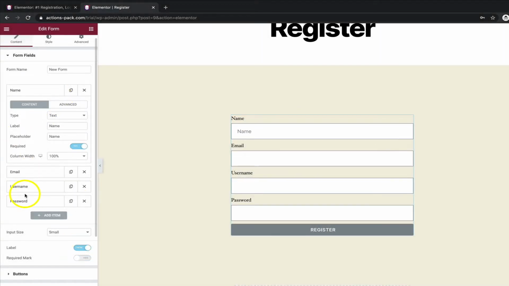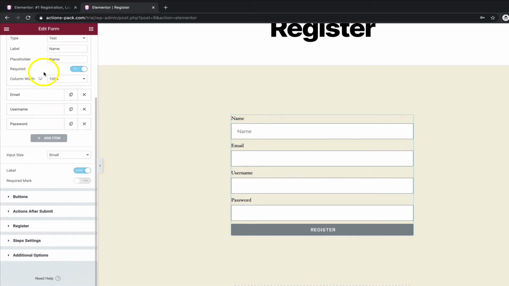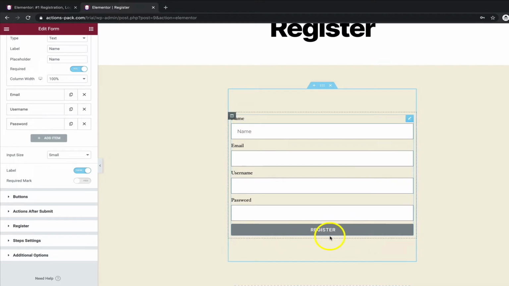So that's just a quick overview, really, of the form field settings. The magic with the Actions Pack plugin really starts to happen once we determine what actions we want to happen after they hit the submit or the register or the login button. Whatever this button is, the actions you want to perform next can be set here, which is really great, because this can be our login page, it can be our register page or sign up, or whatever language you want to use to make this your own.